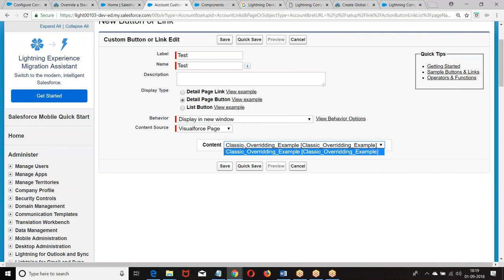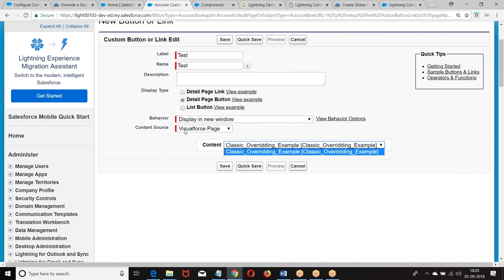This is what we are doing in Lightning Classic. If I want to implement the same thing in the Lightning, we have the object specific action. Whatever you are doing with standard controller with extension, extension with standard controller, extension with standard set controller, we have that concept. Creating list view buttons, creating detail page buttons. Do you remember these concepts? We have done pagination examples with the same concept.